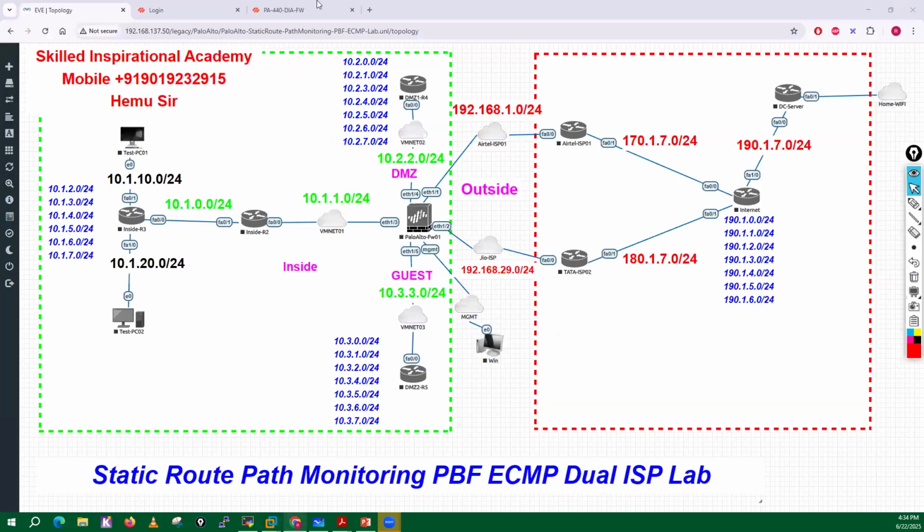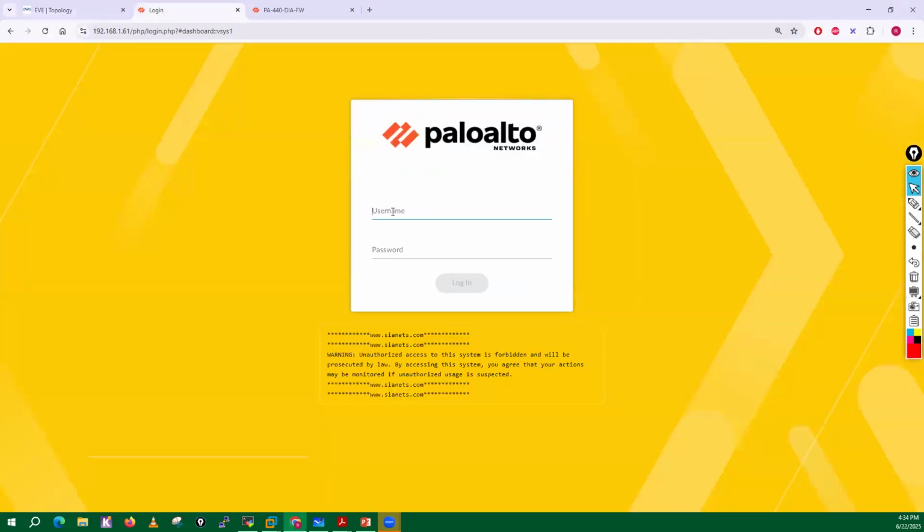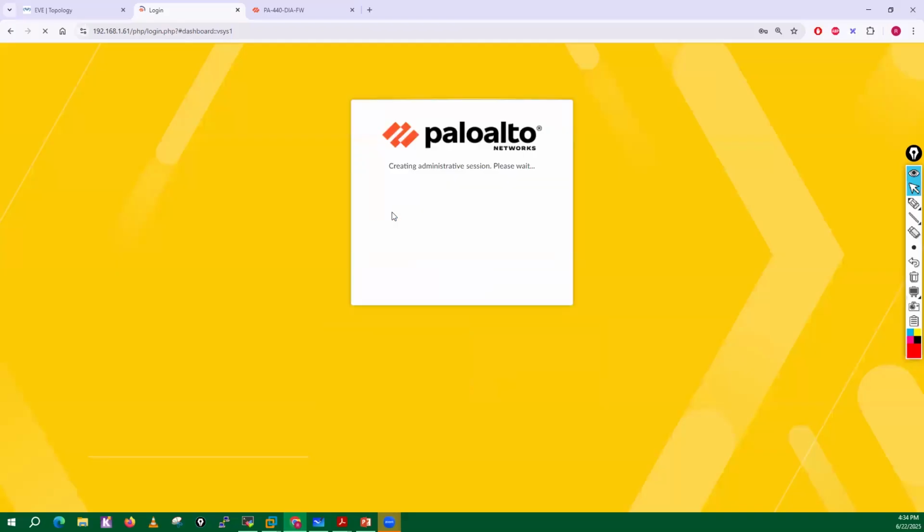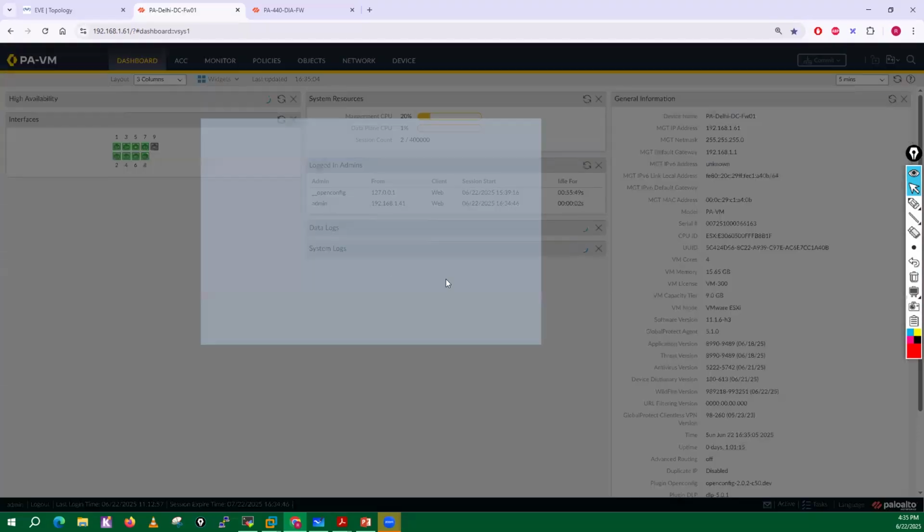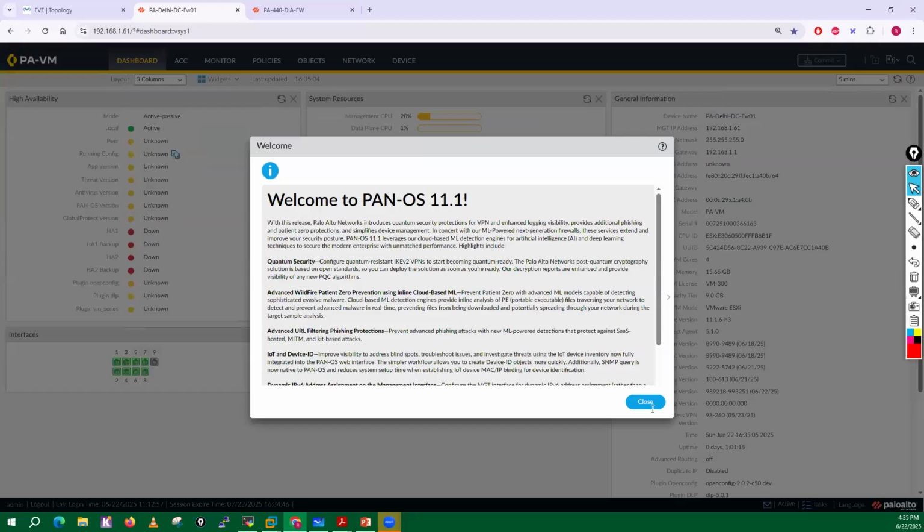We will create different types of security policies. Just for example purposes, let me log in here and show you what types of security rules I will create for different purposes. I will create application based rules, rules for URL filtering, and security rules on the basis of usernames and user groups. We can include the source zone, destination zone, source users, and multiple other things.